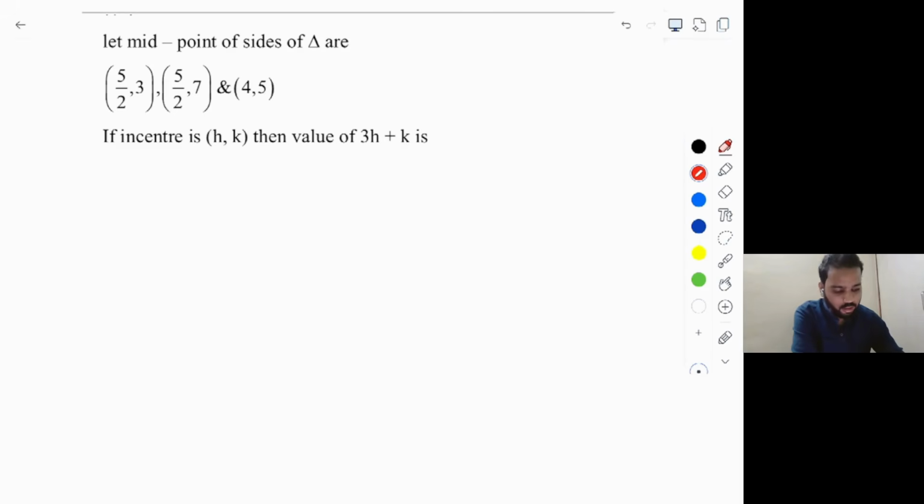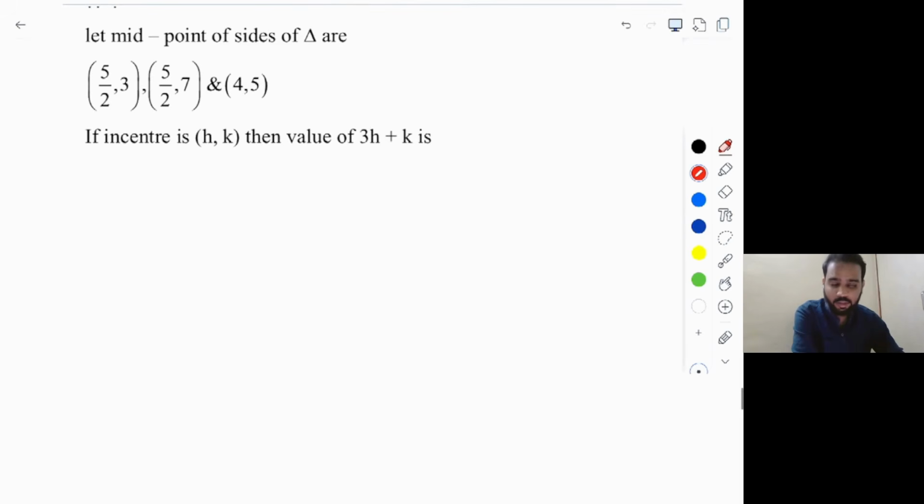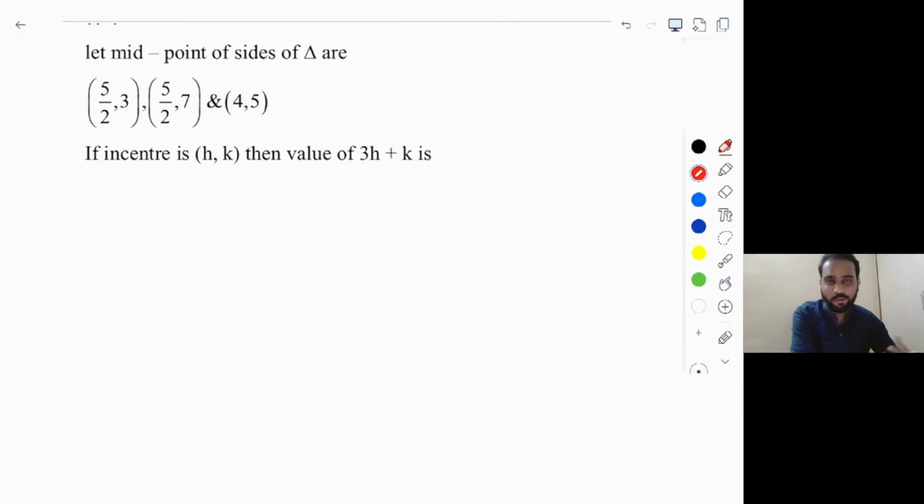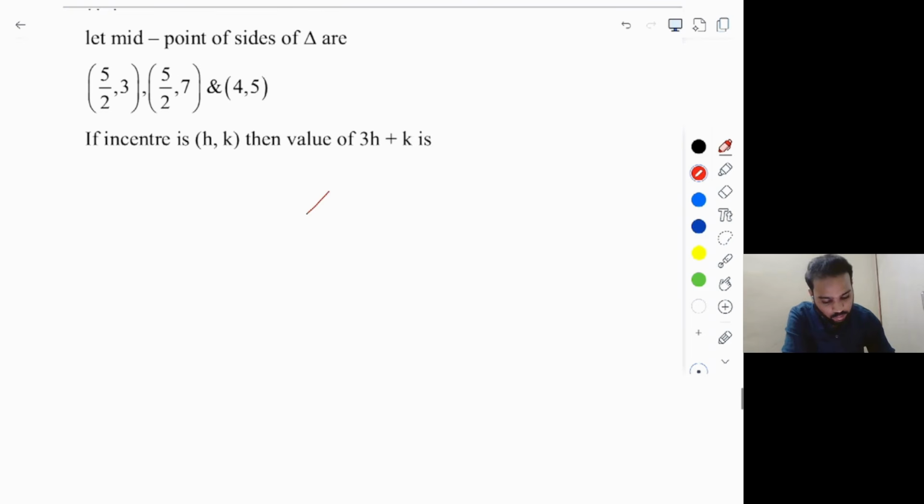See the next question. And this is also not a difficult question because once again, if you recall the trick, obviously it is easy, right? So let's try to read the question. Let the midpoints of the sides of the triangle be given and we have to find out the incenter. You know how to find out the incenter of a triangle, right? We have the direct formula, pretty direct one. But the thing is, vertices of the triangle are not given. So let's see how many of you can recall the property of this